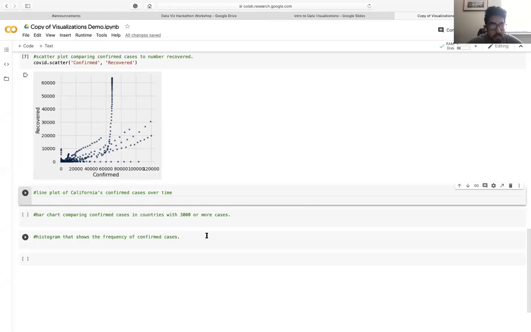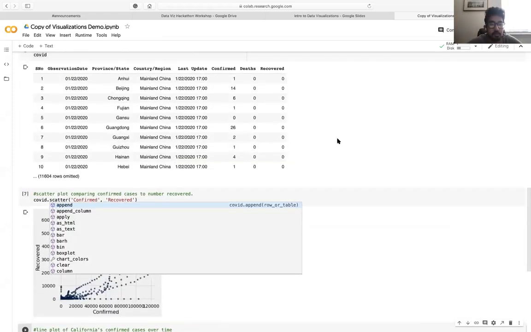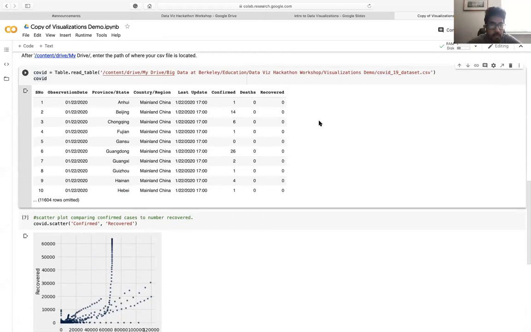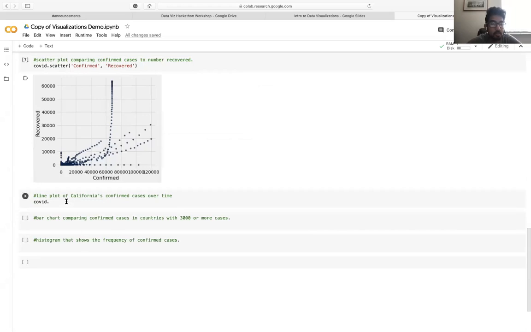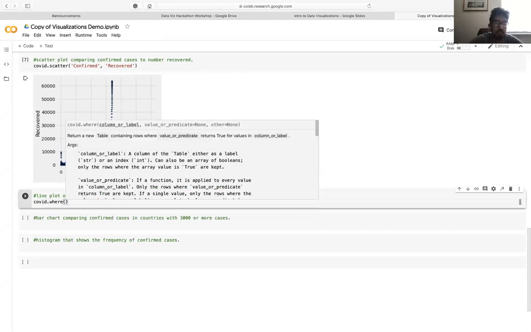So yeah, we're going to do a similar thing where we're going to get that COVID table. But now we want to filter it down, right? Because if we look at this COVID table, we have lots of different countries and lots of different provinces. But we're only interested in looking at California. So the first thing we need to do right off the bat is filter this table down. And a really useful function for that is .where. Right, so this is going to look at where